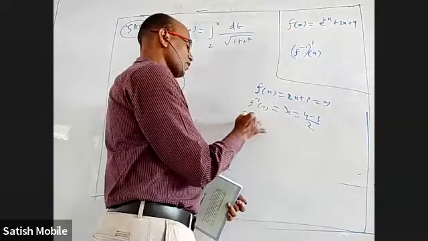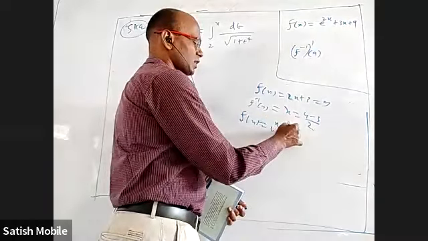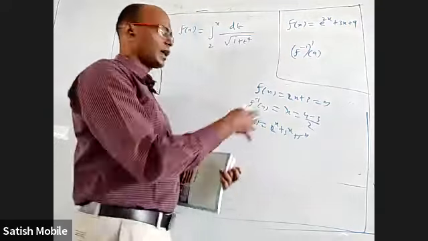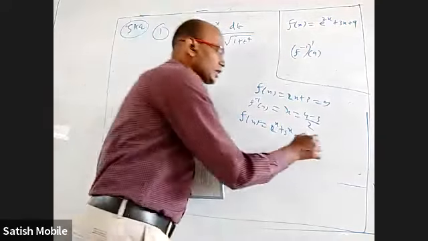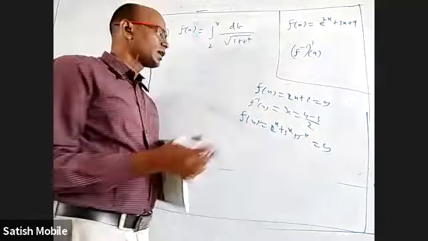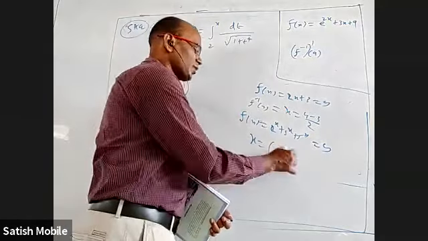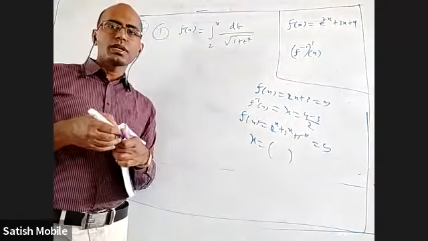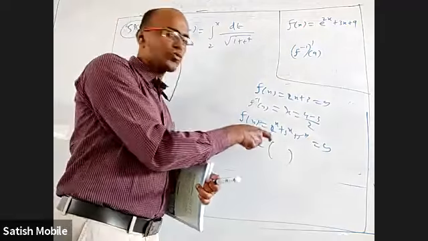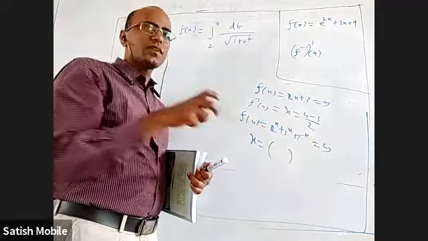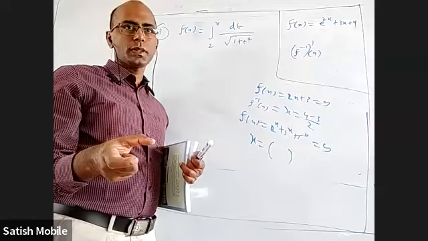But if I say f of x is equal to 2 power x plus 3 power x plus 5 power x and ask you to find the inverse function, you take it equal to y, no problem. After that, how are you going to get x in terms of y? It is not possible. So every time we may not be able to find the inverse function explicitly.